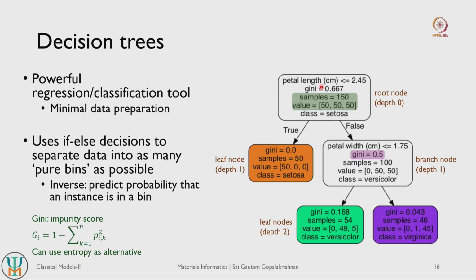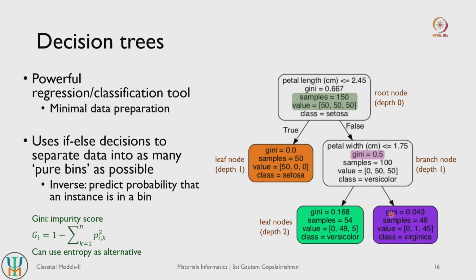It has already used petal length, so it tries to use petal width as the feature. For a threshold value of 1.75, it tries to classify whether it is versicolor or virginica. The whole thing is basically our decision tree here. What this branch does is take petal width as the feature and see whether it is less than 1.75. If it is less than 1.75, it assigns versicolor; if it is greater than 1.75, it assigns virginica.